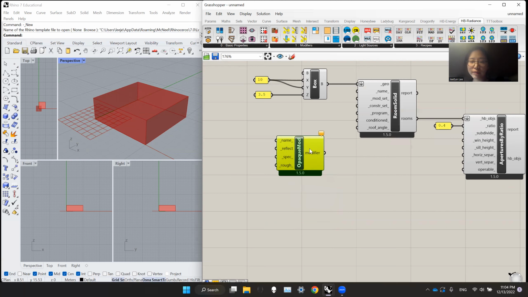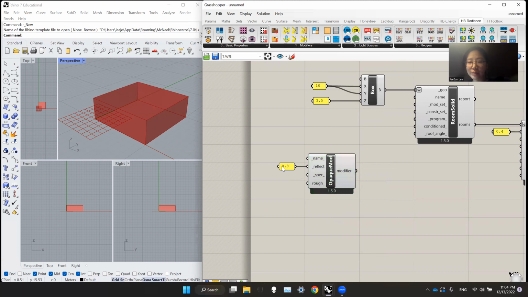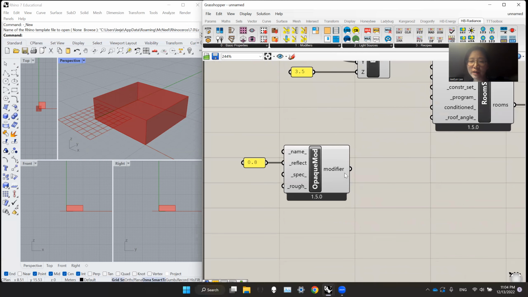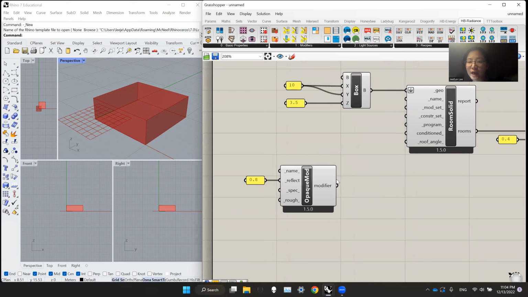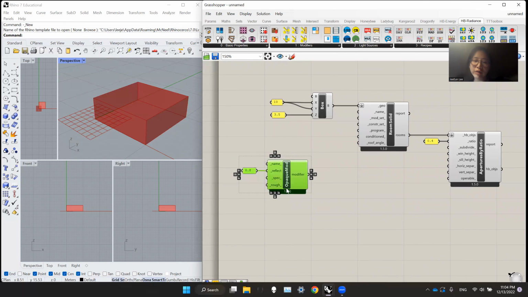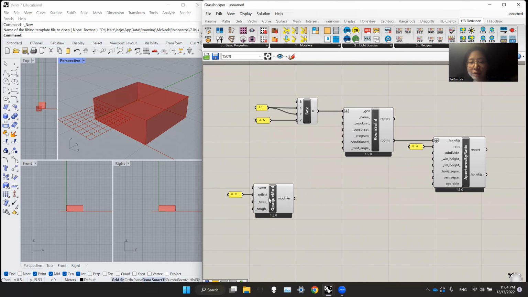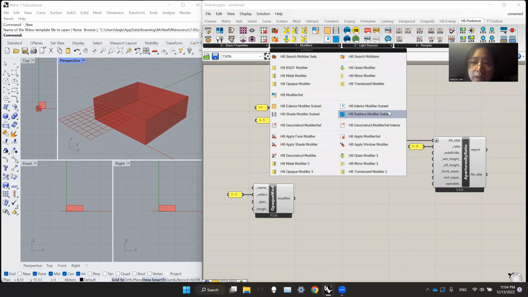So here you have the modifier, and let's say the reflectance rate is 80%, and you can put 0.8 for the reflectance, and this modifier can go into the room or the model so that it will be reflected in the simulation. Then where do you put the modifier is something you may have a question. So here we need modifiers, and